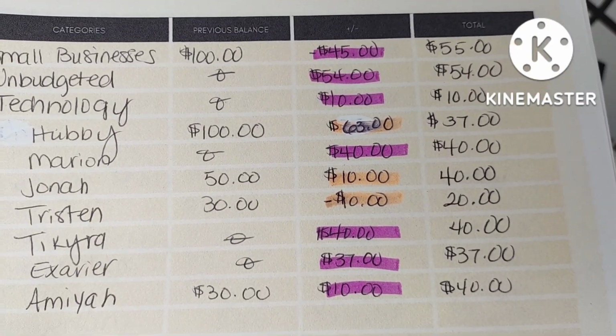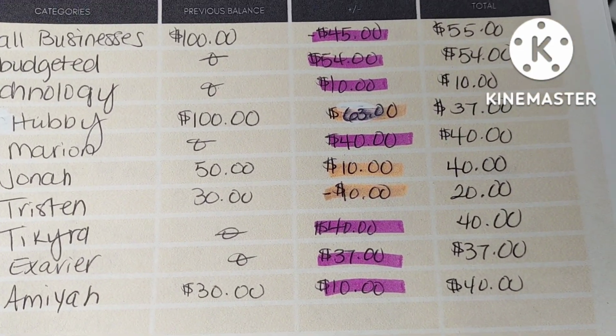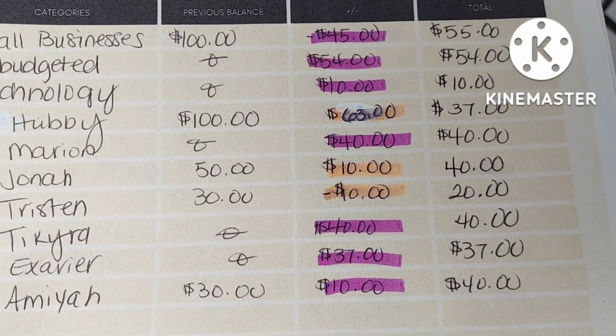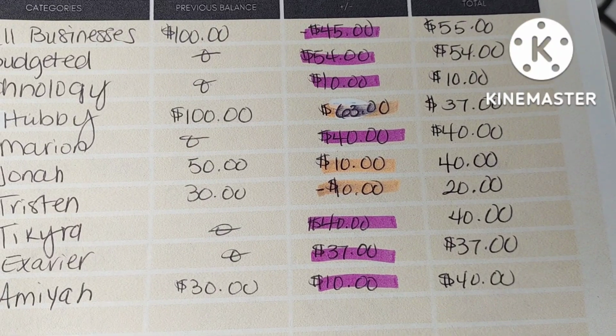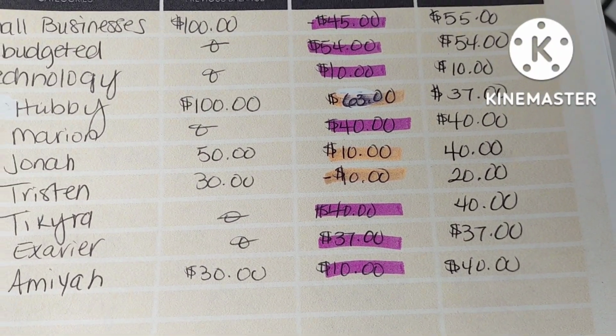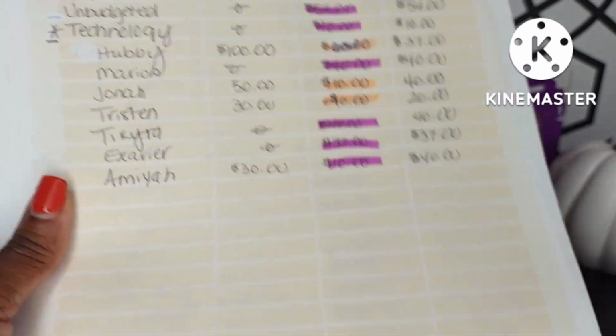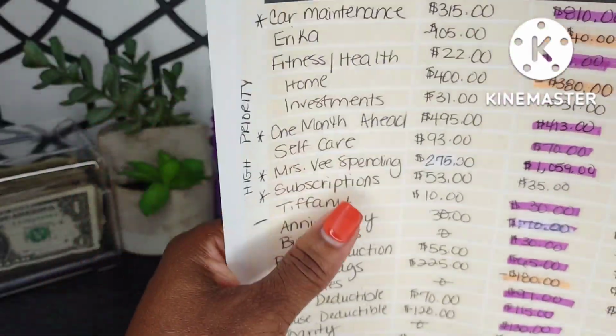To Kyra, she always gets her money. That's my oldest granddaughter, the senior. She started out with $0, and now she has $40. Xavier, he had $0. He has $37. Amaya had $30, and now she has $40. So that's a difference of $10. Yay! So let me show you the amount,